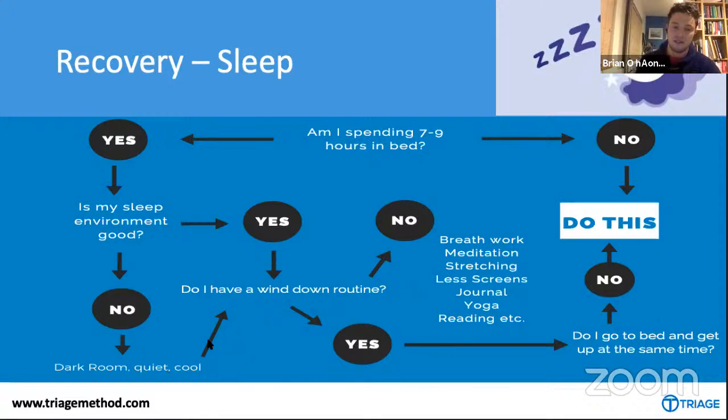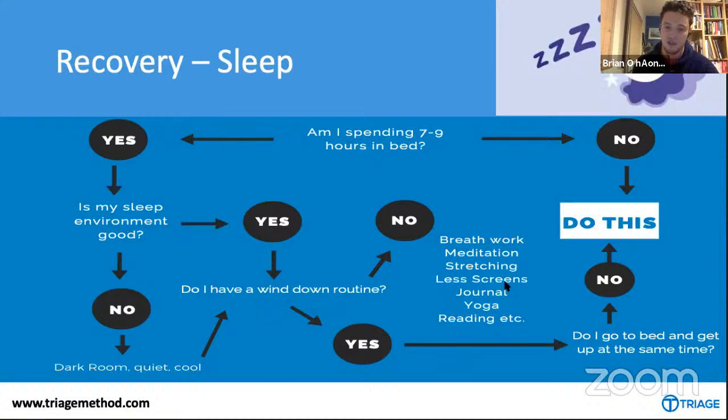Okay. So if you've taken care of that, you can ask yourself, do you have a wind down routine? Is there something you do before bed to treat sleep like a dimmer switch rather than just an on and off? Because if you go from doing something extremely stimulating to trying to sleep, you're going to be tossing and turning for a while, chances are. So if you don't have a wind down routine, there's lots of options for this, but these are some of the most relaxing practices you can get in. So any sort of deep breathing work like meditation, this is a really good place for static stretching because that relaxes the body and the muscles.